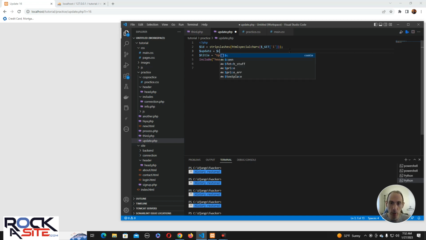Con. Actually, do it after. I'm sorry. Do it after we include the header. Let's get this out of here. Do it after we include this. We go update equals con prepare select all from testing where that keyword